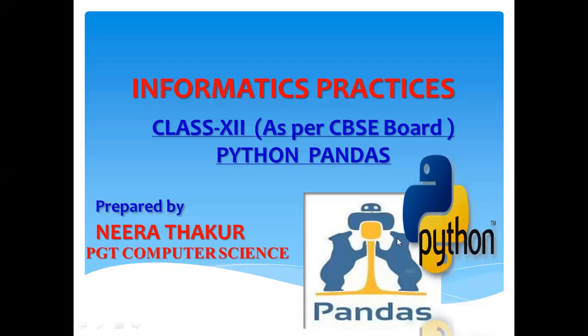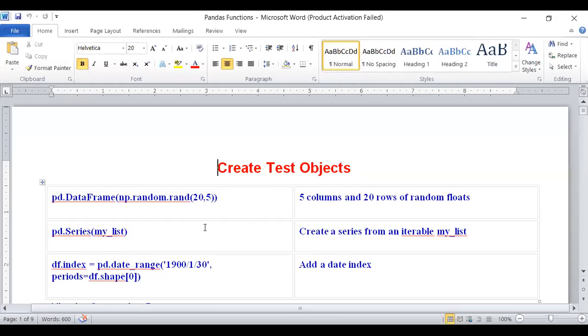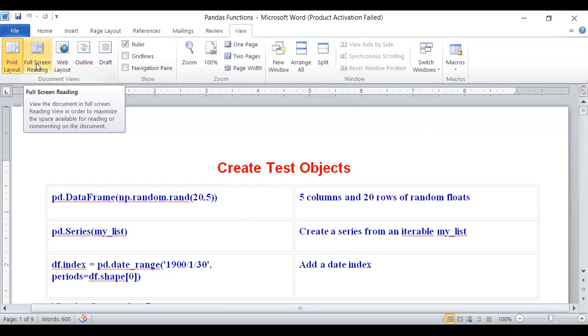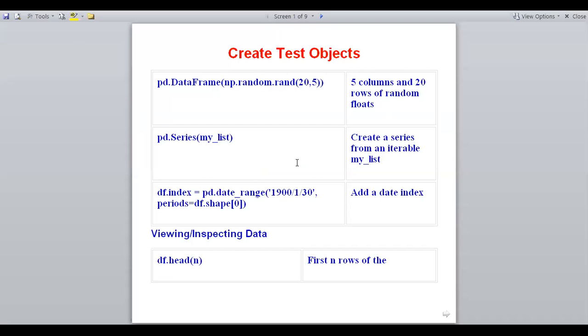In previous topics, we have already covered pie chart, bar chart, line chart, and box chart, and today I am explaining some functions which are used in a data frame in pandas. So let us continue with the data frame. Some objects we can use here. While using a data frame, some functions can be used.